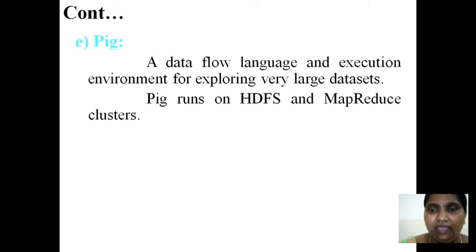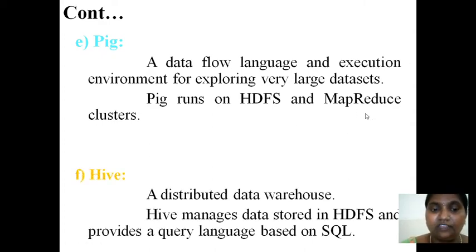Next one is Pig. Pig is a language framework. For example, if you want to write any application or execute your application, that should be in Java, and in that we have to follow some constraints. For example, we have mapper code, reducer code, combiner code, etc. For everything, if you want to execute your code, that should be in some language. Pig provides that environment for your large data sets to execute. It is a data flow language and execution environment. You can execute using some language on your data, which is stored in HDFS and executed by MapReduce.